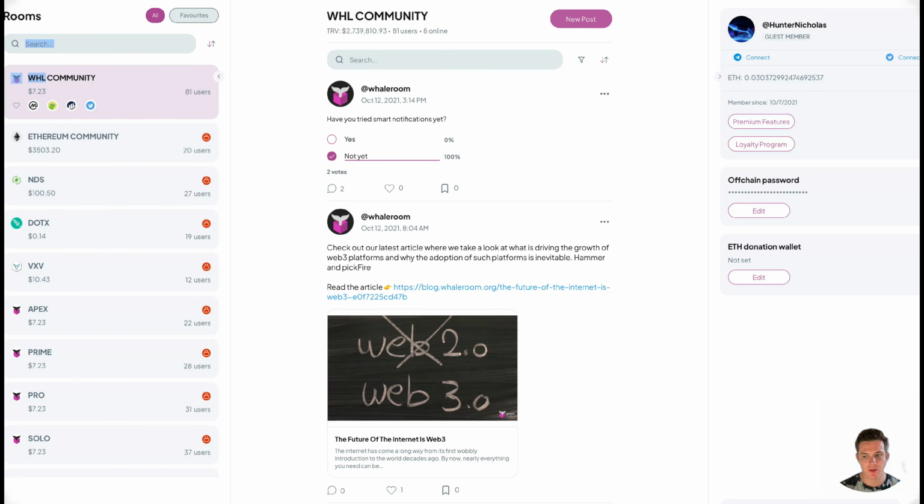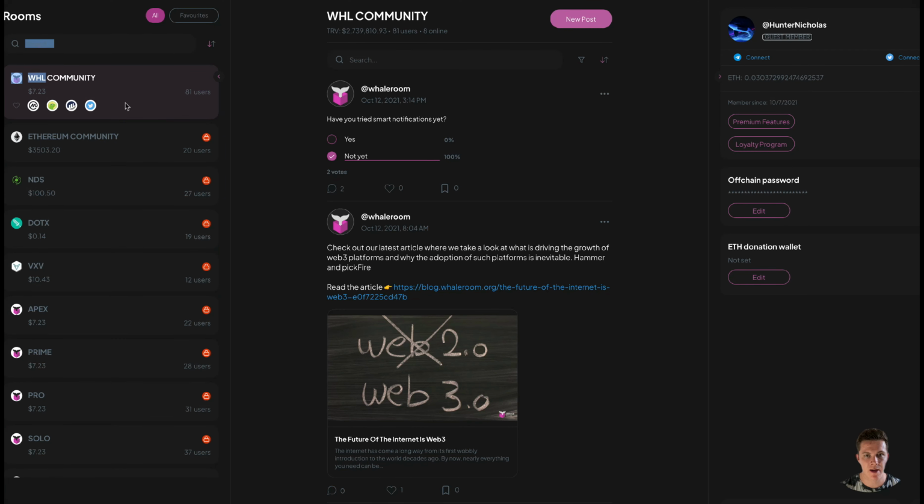And to the left, let's start off by looking at the rooms, right? You can search right there where I crossed out. And as you can see, we're in the WHL community, which is the WhaleRoom community. So here are some posts. You also have a nice search bar, timeline, transitioning between latest and greatest. And then, for example, here's the user, WhaleRoom, posting a poll. You can comment, like it, right? And you can bookmark it to save it just like that. So super great features on the platform.